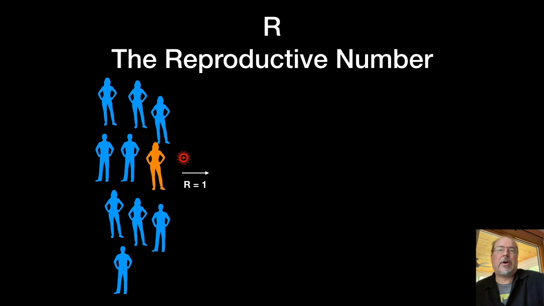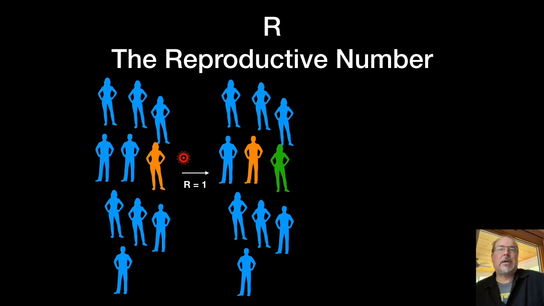And so if R equals 1, that is each person who's infected infects one other person, then that original person will recover from the infection and someone else will get it. And the infection will spread across the population, but it won't ever reach a pandemic stage where it's growing across